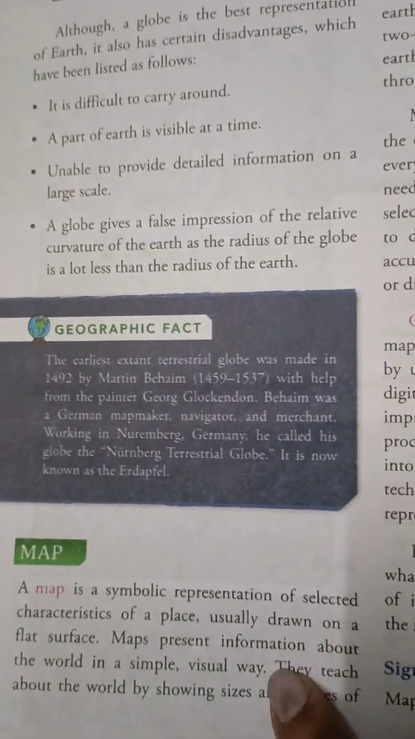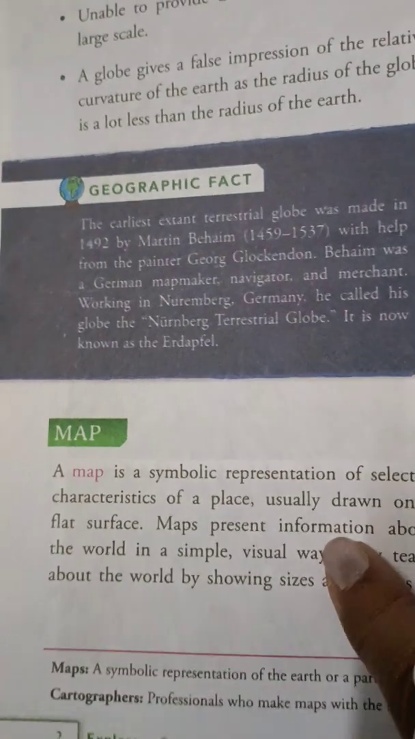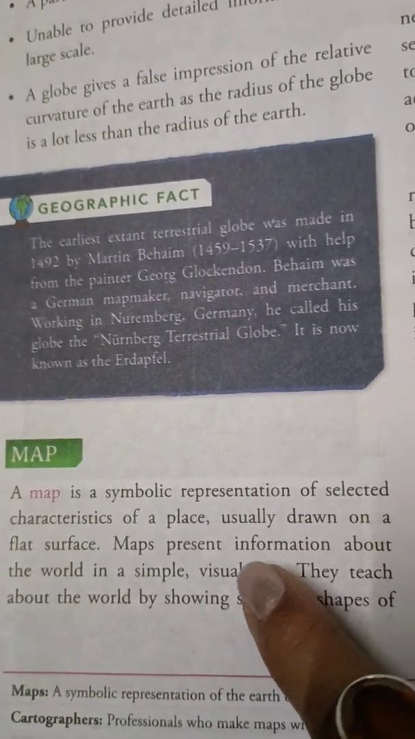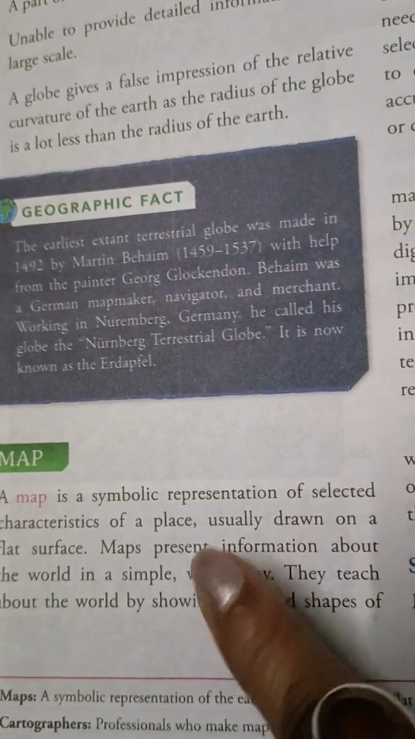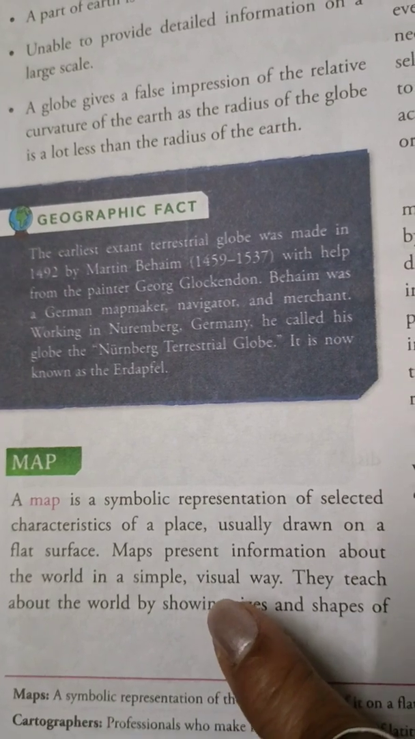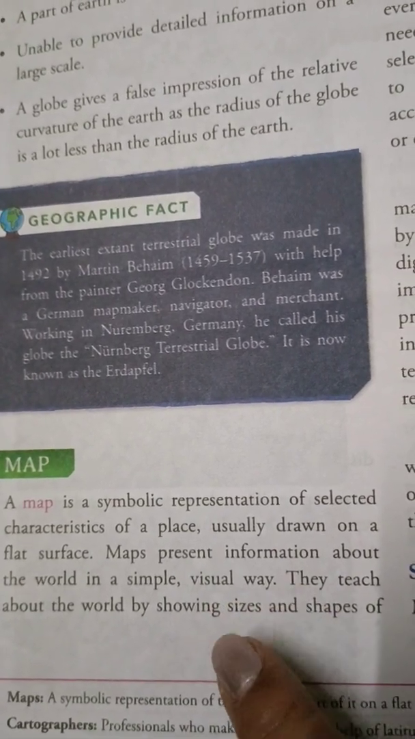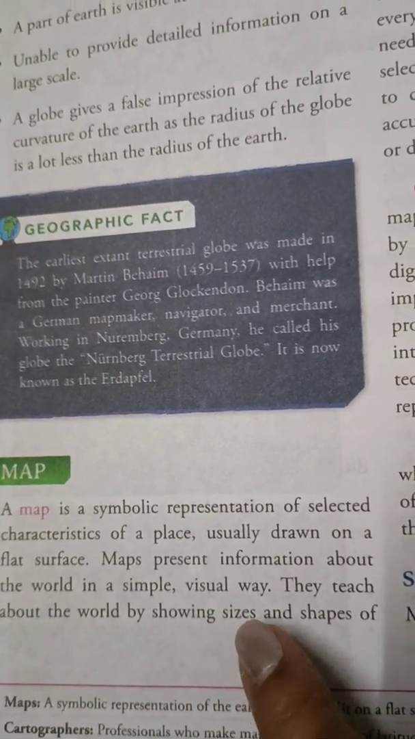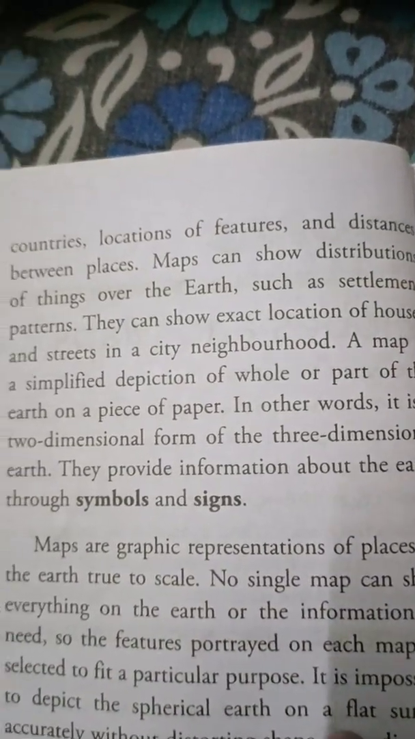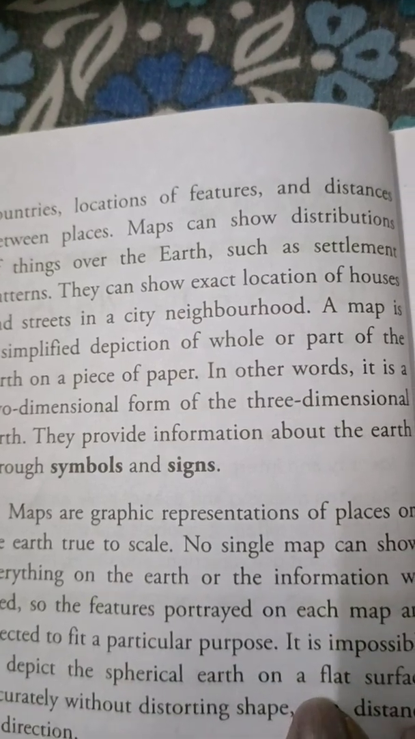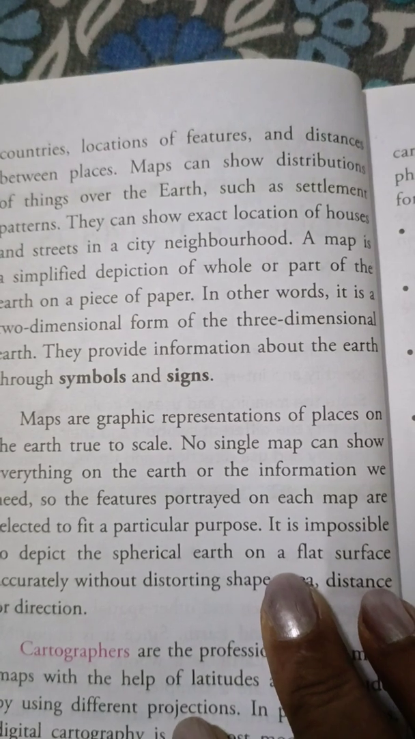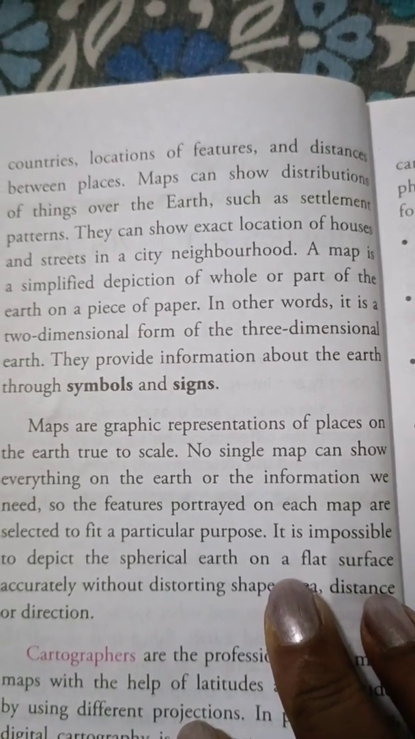Next is map. What is a map? It is a symbolic representation of selected characteristics of a place, usually drawn on a flat surface. Simply, I can say a map is representative information about the world in a simple visual way, which teaches about the world by showing size and shape of the country, location and features, distance between two places, etc. It also shows us the distribution of things over the earth, like the settlement areas,